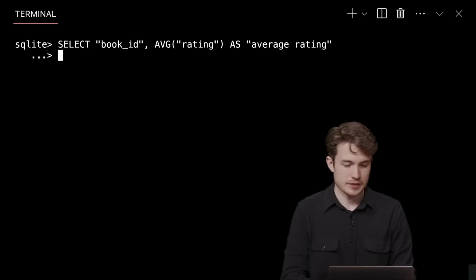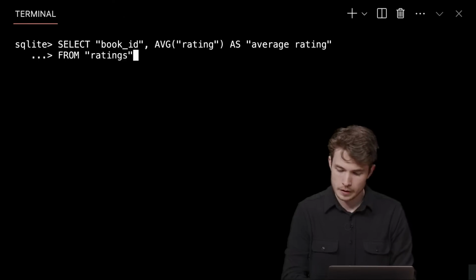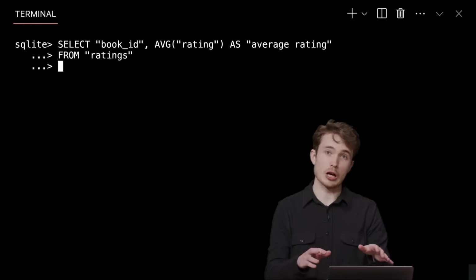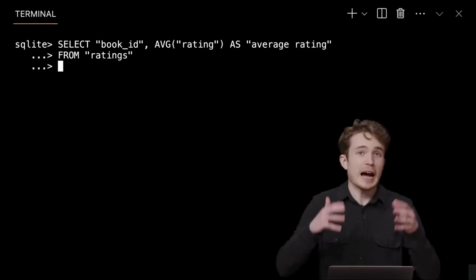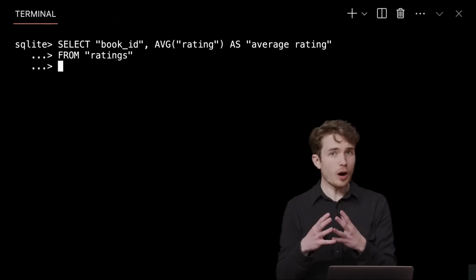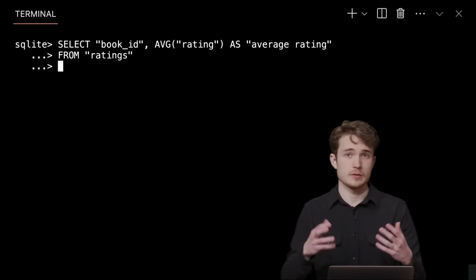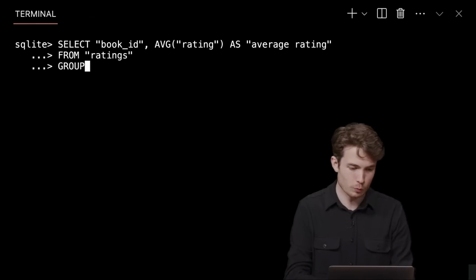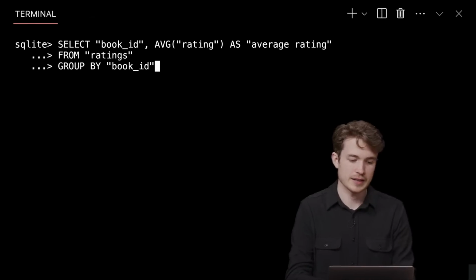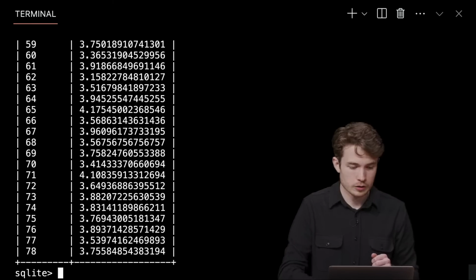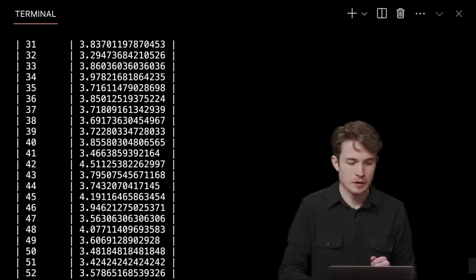And I want to select this from the ratings table. Okay, but now I don't want to simply hit enter. I'll get back the same thing I did before, which is the average of all the ratings in the ratings table. What I want is for these ratings, the average ratings, to be grouped by the book ID. So I'll say group by book ID, semicolon, hit enter, and now I should be able to see the results